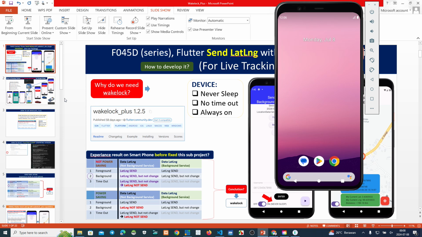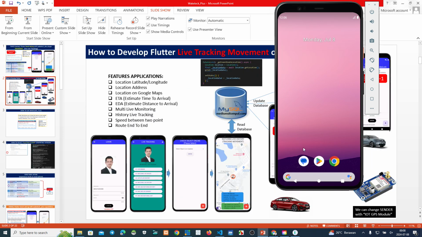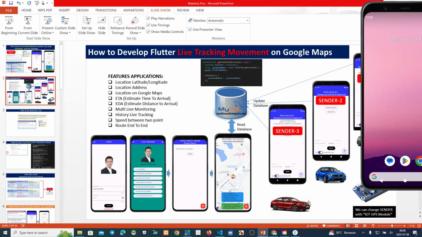to the database. And after that, we can see where this device, this vehicle, is. We can do live tracking second by second. We can see where the vehicle is now. Yeah, we can see the latitude and longitude, and also, maybe